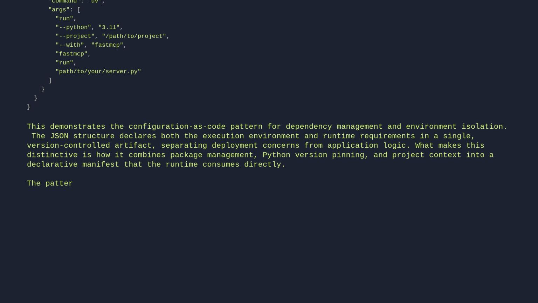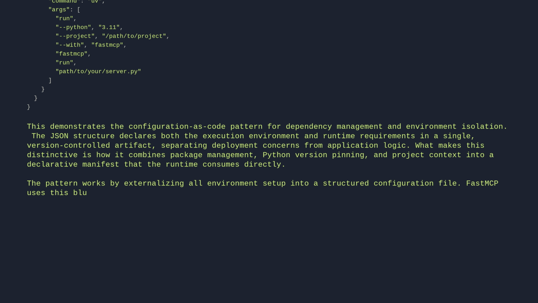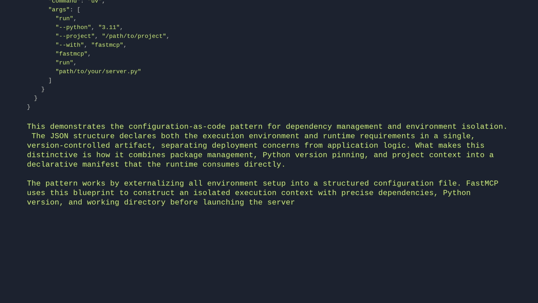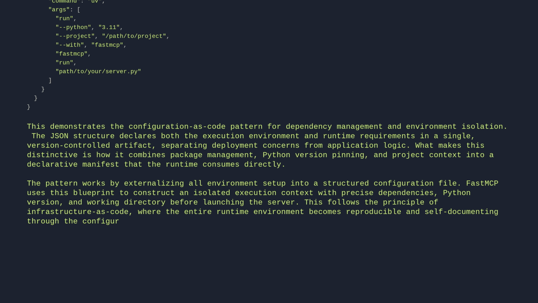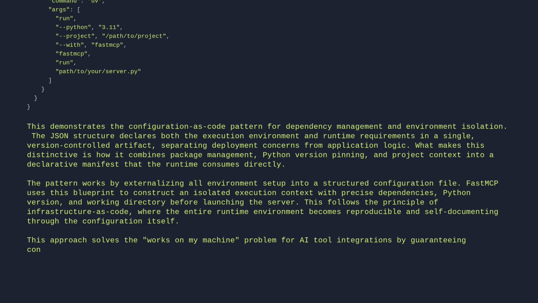The pattern works by externalizing all environment setup into a structured configuration file. FastMCP uses this blueprint to construct an isolated execution context with precise dependencies, Python version, and working directory before launching the server. This follows the principle of infrastructure as code, where the entire runtime environment becomes reproducible and self-documenting through the configuration itself. This approach solves the "works on my machine" problem for AI tool integrations by guaranteeing consistent execution